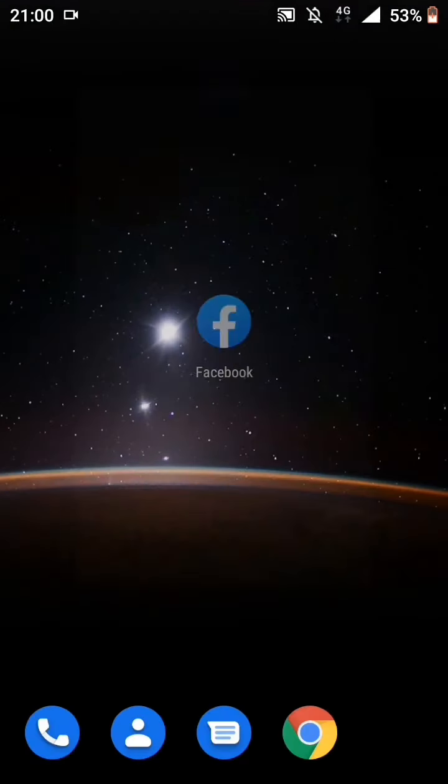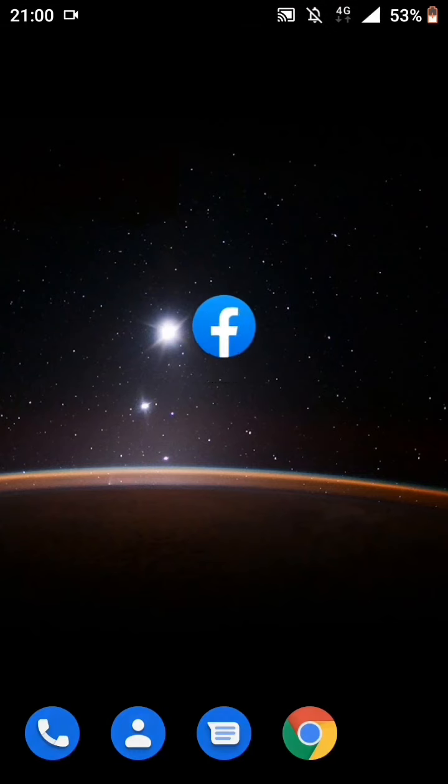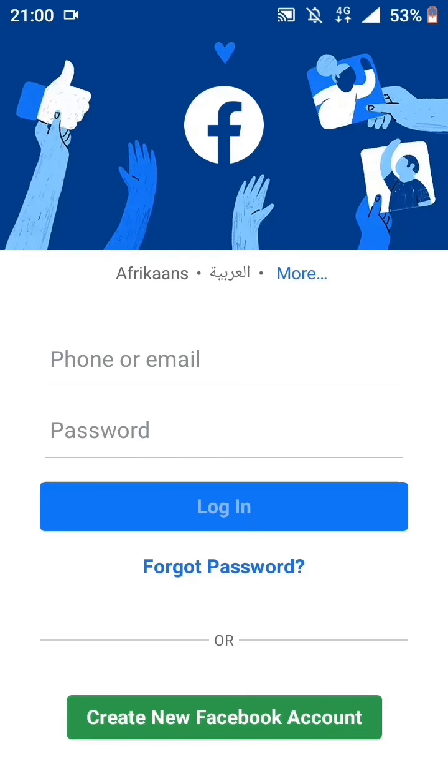So now I will try to open Facebook. Since I have cleared all the data, Facebook will ask me to log in. So here the page has been opened.